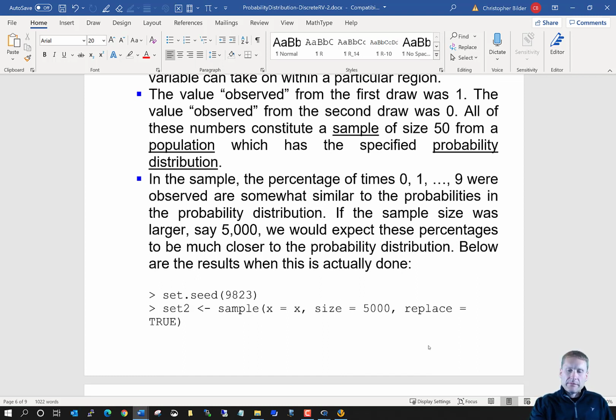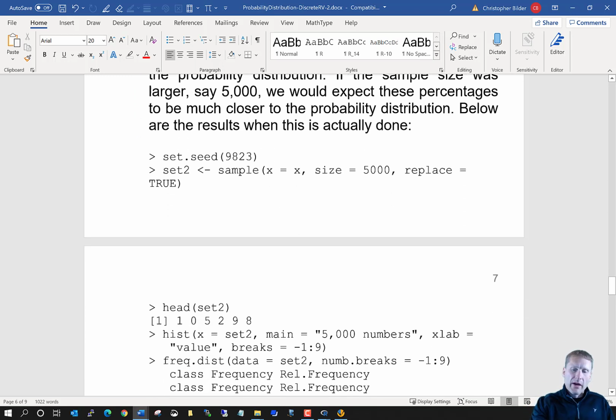Now, in the sample, we saw the percentage of times that we got a 0, that we got a 1, that we got a 9. And if you were to take a larger number of samples, then what would happen to these percentages? Well, again, we have this probability distribution that helps us make that determination. As we take a larger and larger sample, essentially our sample is becoming more representative of what's happening in the population. So if I were to use my sample function again, but now instead of using a sample size of 50, I use a sample size of 5,000